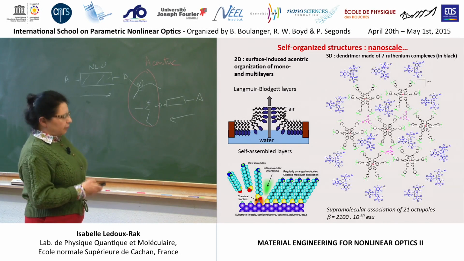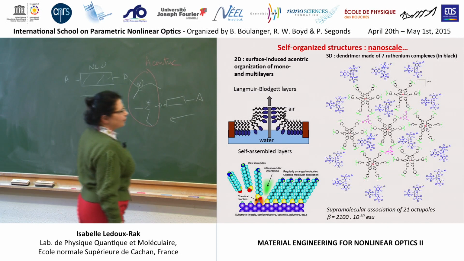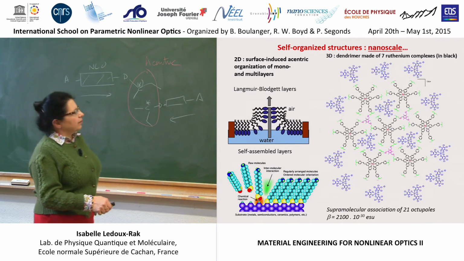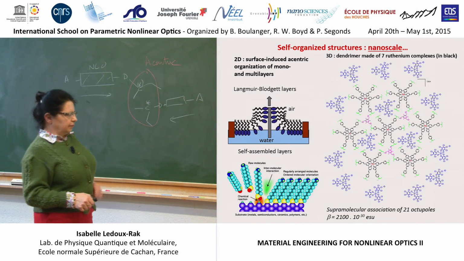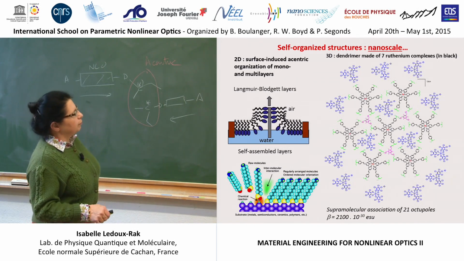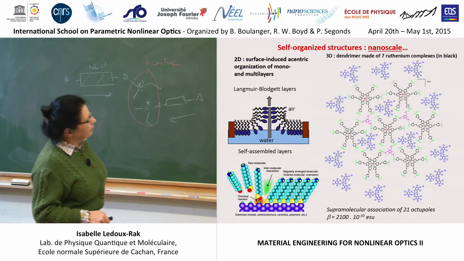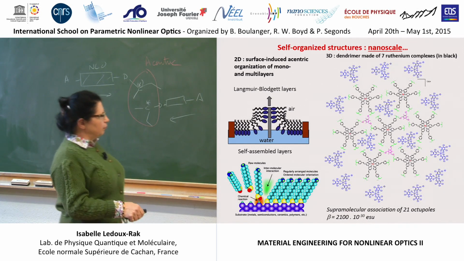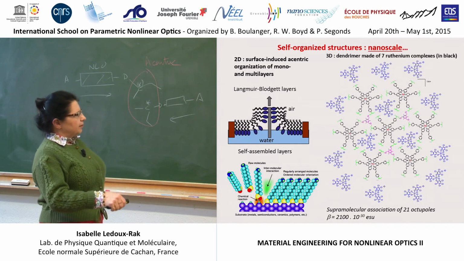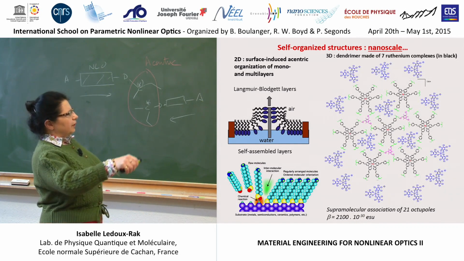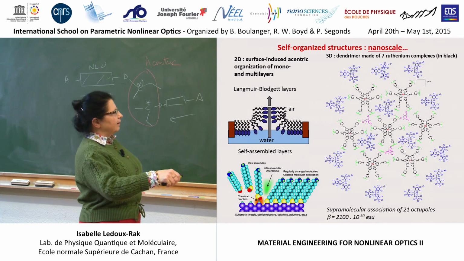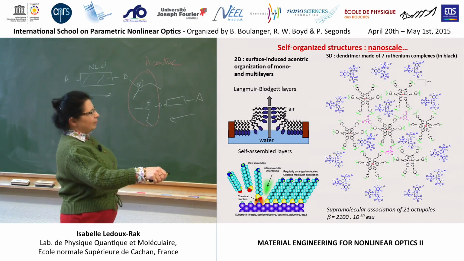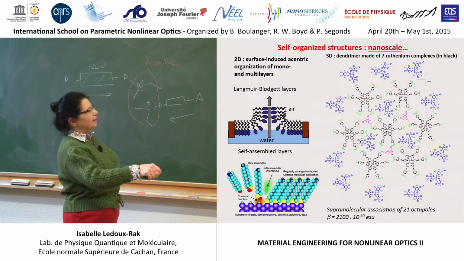Another example I have already shown at the beginning, but this is another example. This is the dendrimer, but here the dendrimer is not made of dipolar molecules, but octupolar ones, and they are connected. In fact, it looks like independent molecules, but the only independent parts are the blue counterions, while all these black systems, which are relatively big, are connected to each other by octupolar units, here in pink.